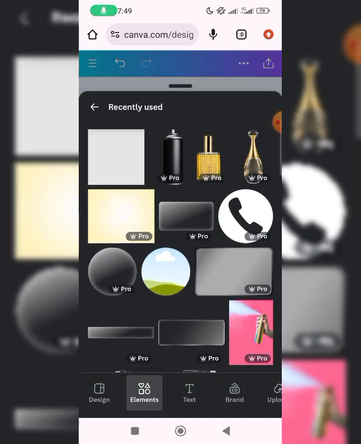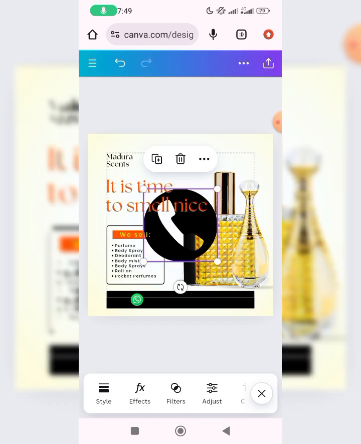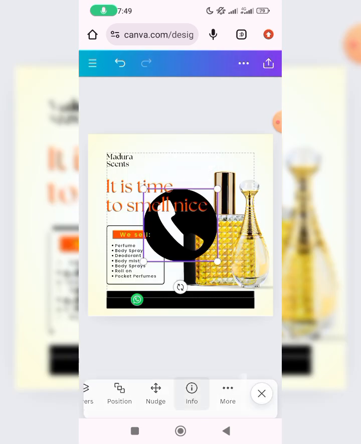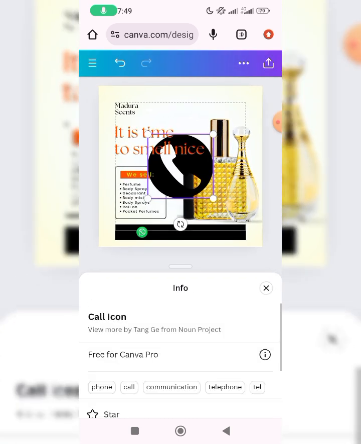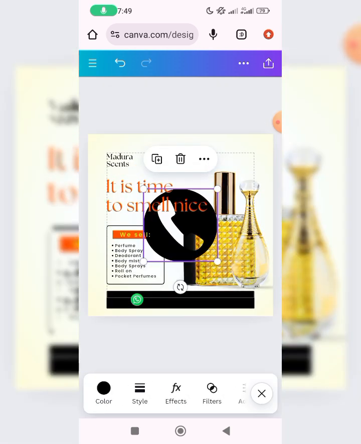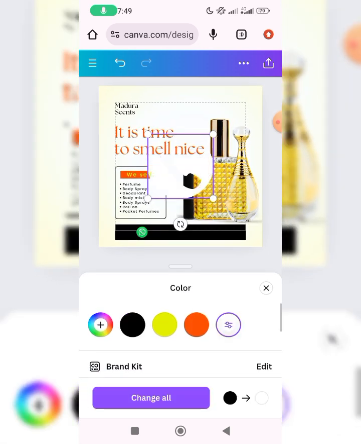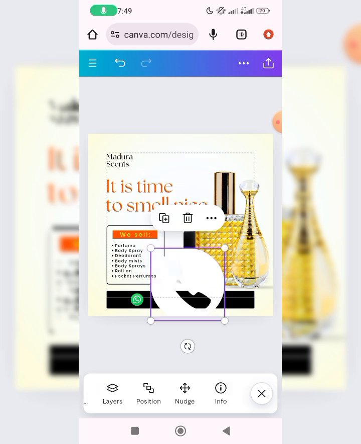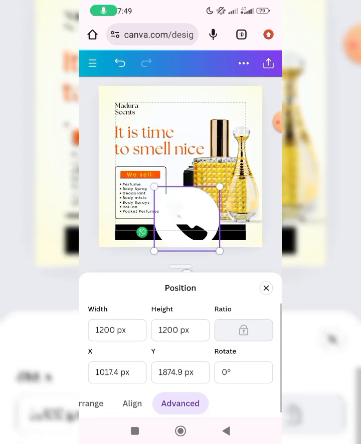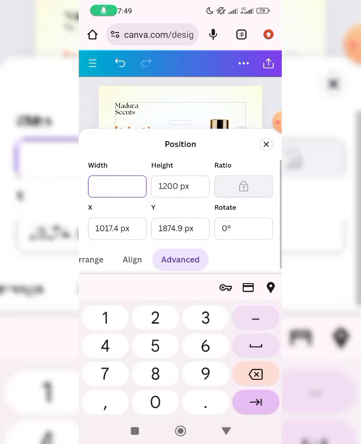So I'll just click on the element again and go and get the call icon too. So this is the call icon. So let me quickly show you the name. So it is called what? Call icon. So you can see it here already. So this is a graphic element, so I can change the color. So I'll just change the color to white. So the next thing for me to do is to go and use the exact size I used, in case you also want to replicate this design. So the size I used was